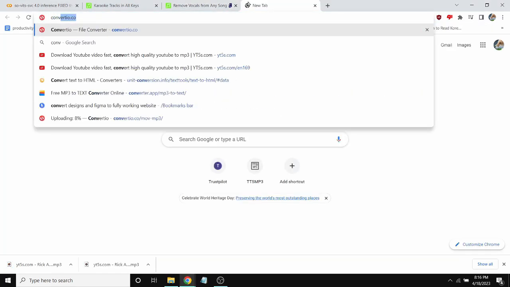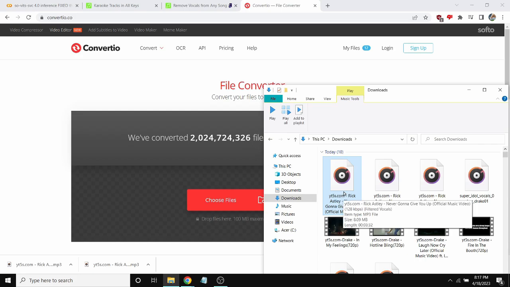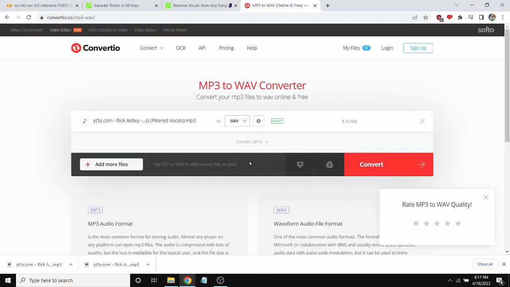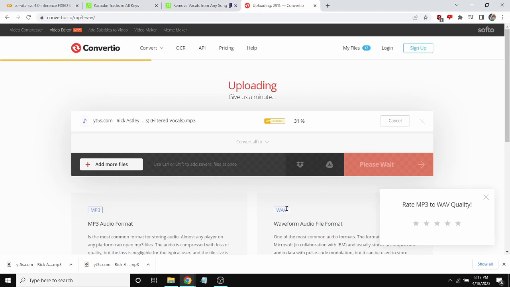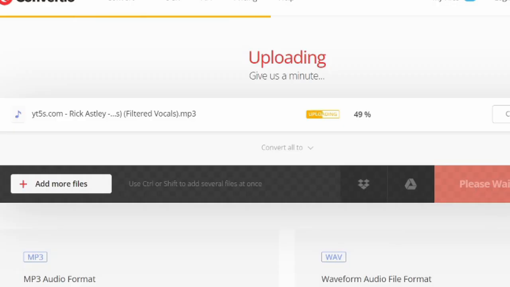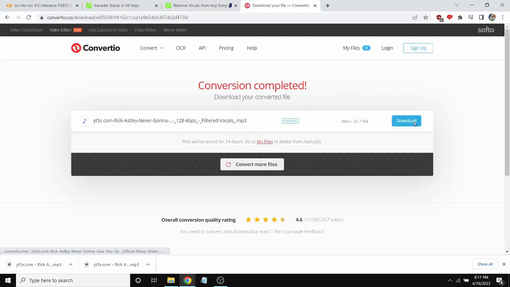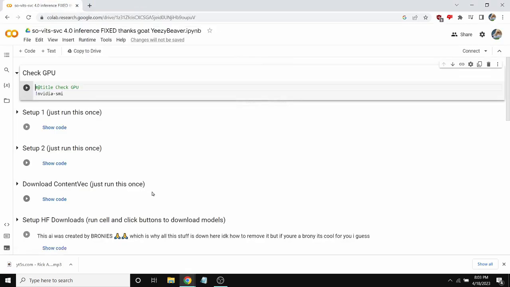Alright, now convert your vocals to the WAV format by going to the website convertio.co. Just drag in the vocals MP3 file and select WAV as your output format. Just wait a bit and it should successfully convert the file. Now just download the WAV file and head over to the Google Colab notebook linked in the